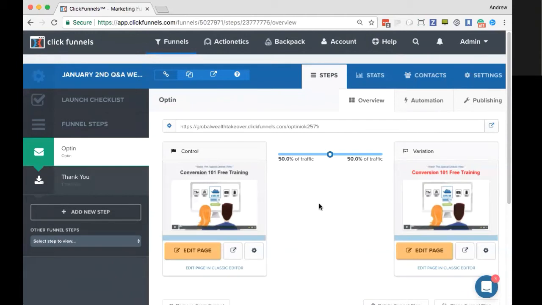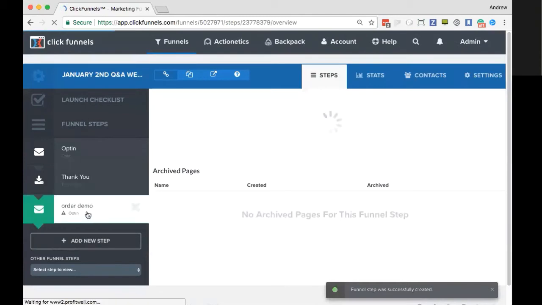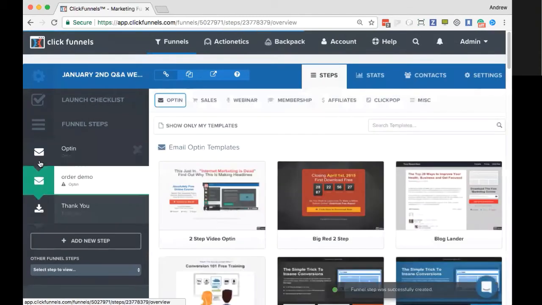What's the best way to make a free plus shipping funnel offer? Okay. The first thing is to create the funnel. Obviously, you can go into the funnel builder and you can create a template, a sales funnel template, or you can just build out the pages from scratch. And in this case, what we need here just to complete this particular funnel is going to be an order page and whatever membership area that you want. But in this case, we'll just keep it simple.